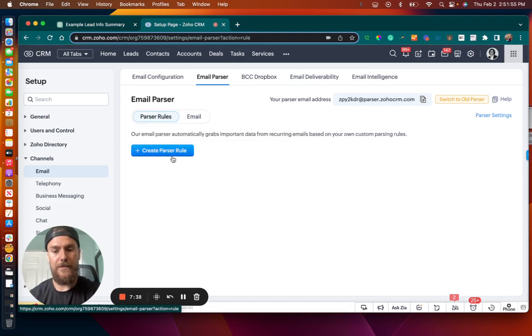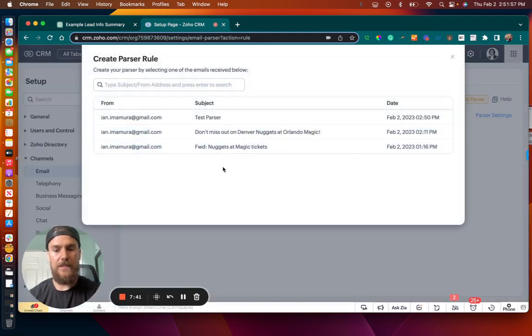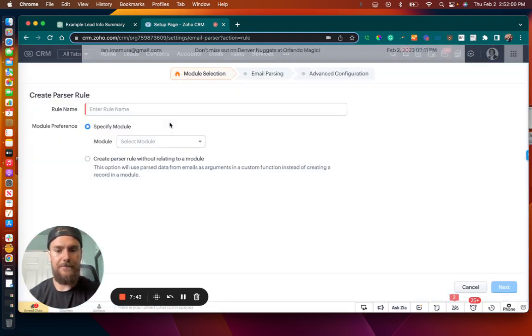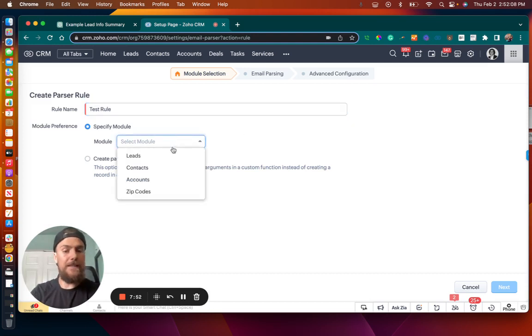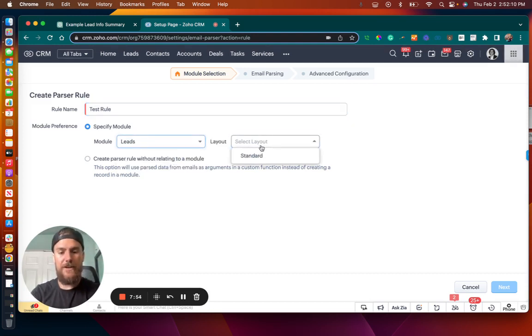You can do it from here too. And you can say, which email do I want to take it from? Cool. So again, this is going to be in my test rule. We're going to select the module we want to bring it into. I'm going to say leads for now, but